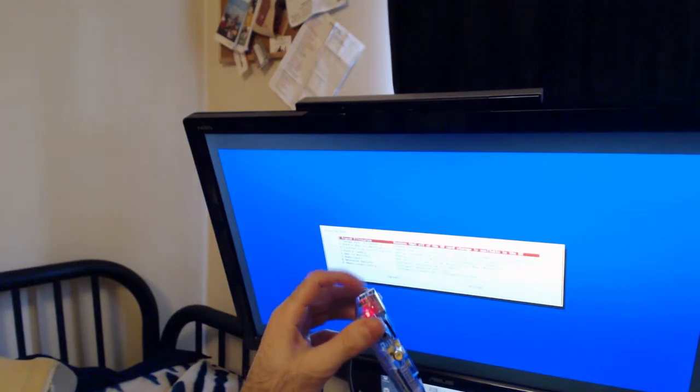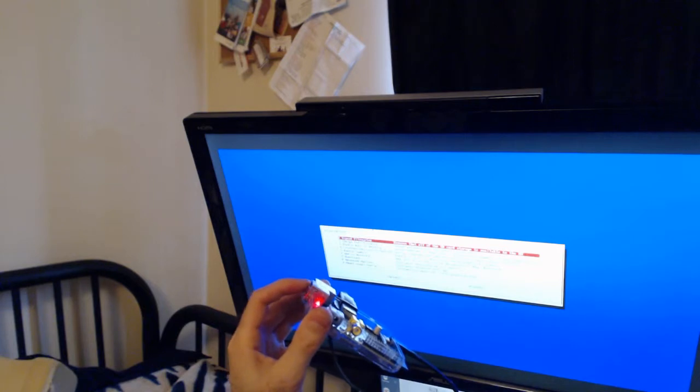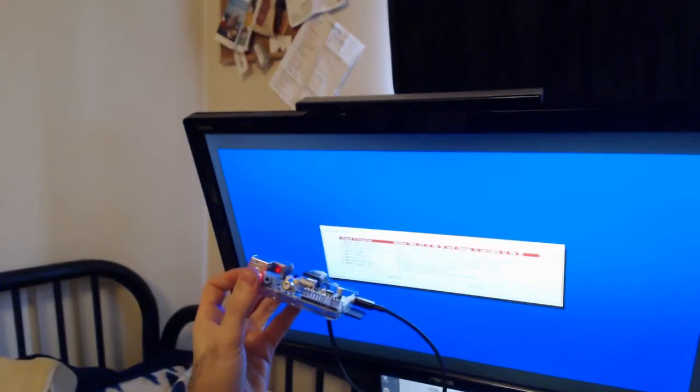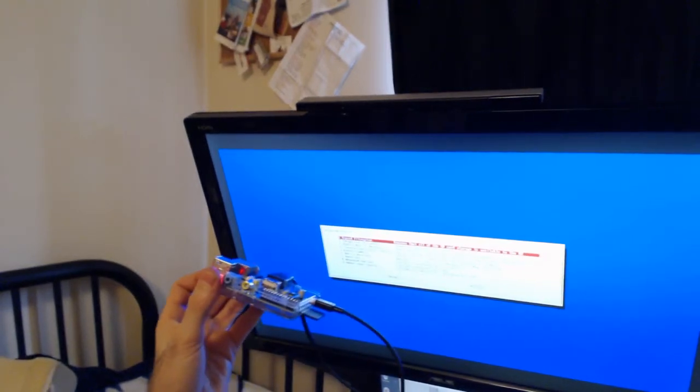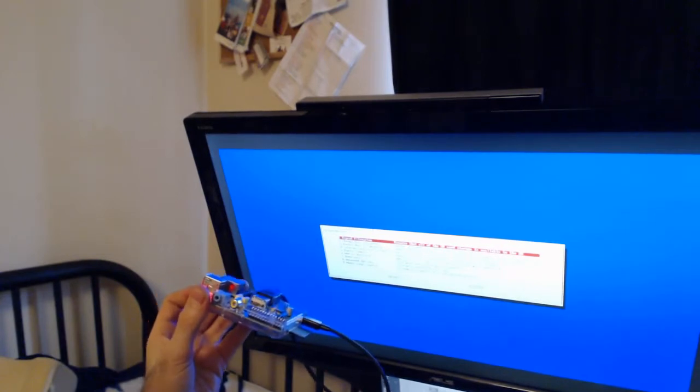So I'm not going to go through all these options right now. Oh, shoot. Big issue. I need a way to control this. I need my keyboard and mouse. I'm going to do something interesting here. I don't think it's going to work, but here's the deal. I'm